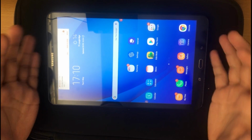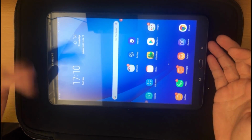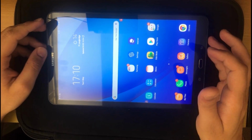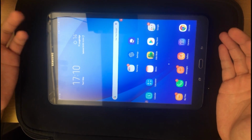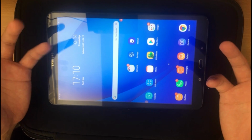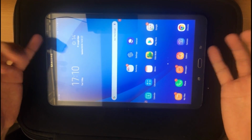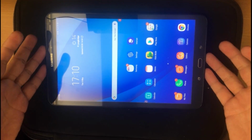There you go, guys. This is how you can make your tablet your second phone in case you don't want your primary number to be displayed everywhere. This is what I'm doing as well. All you have to do is either use this method, use a tablet as your second phone, or